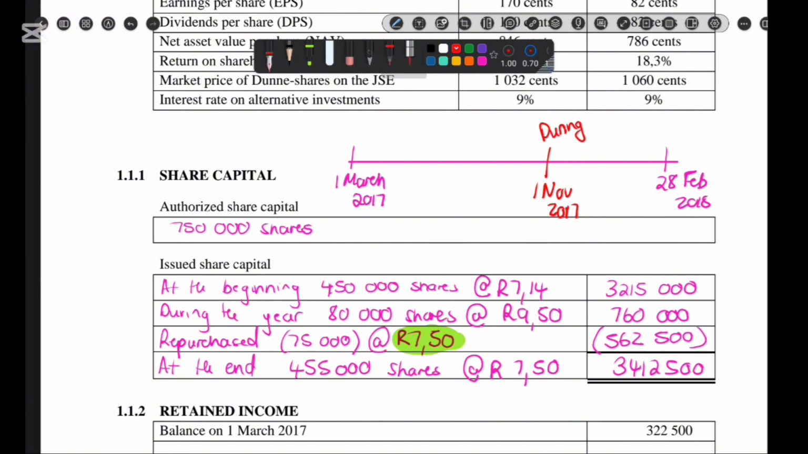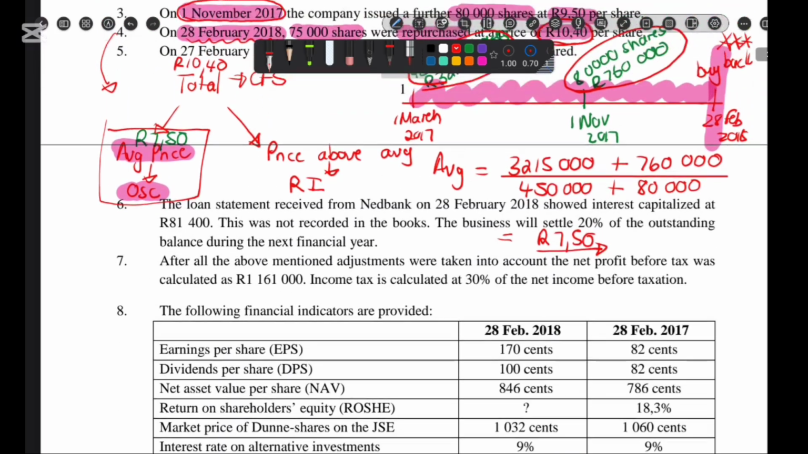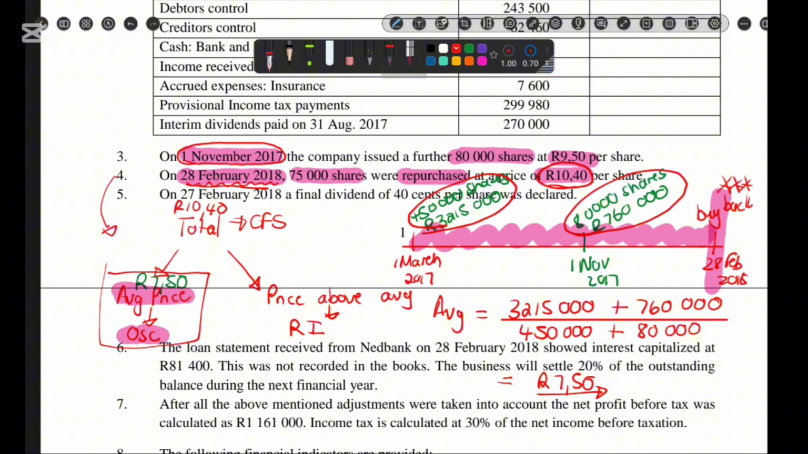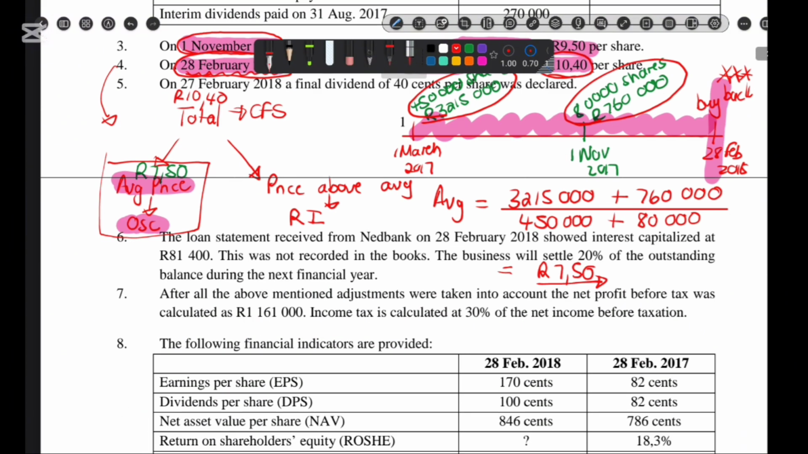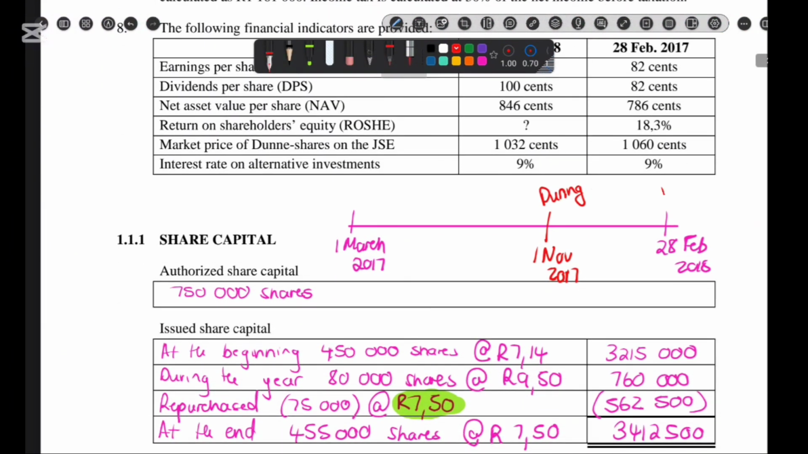This is my during. So now what I do is I compare my during and when my buyback happened. So when did my buyback happen? My buyback happened on the 28th of Feb 2018. So let's go and put the buyback there. So my buyback happened over here. So now, can you see that my buyback happens after? My during was on the 1st of November. My buyback happened after on the 28th of Feb,